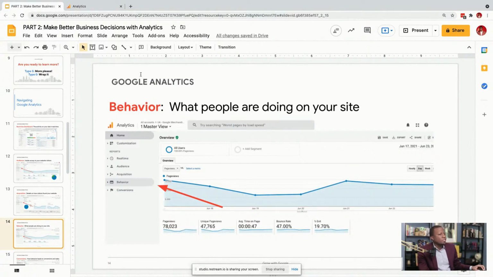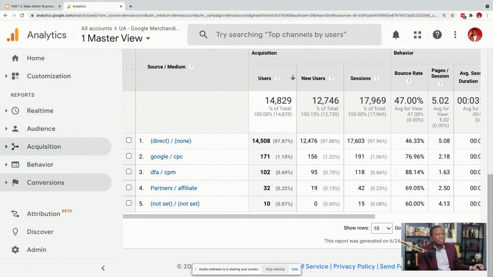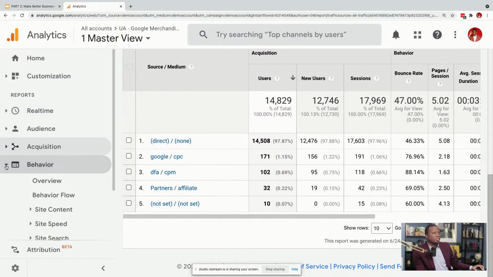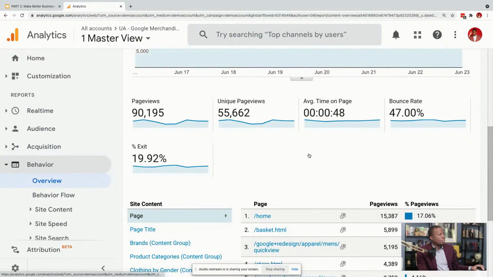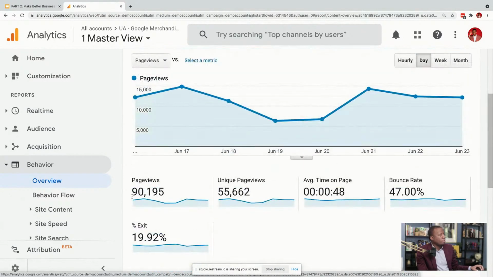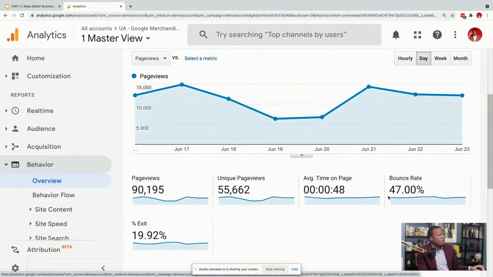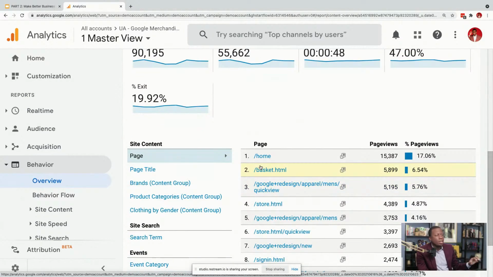So again, let's go back to analytics. And once again, right here on the left side, you're going to see all your main tabs and you see behavior. Click on that. To start off, we'll click on overview and it'll show us an overview. So once again, this is telling me how many page views, time on site, and also bounce rate. So just more information on what they're doing. It also will tell you what pages they're coming to. In most websites, the number one visited page is going to be the home page. That's kind of across the board.